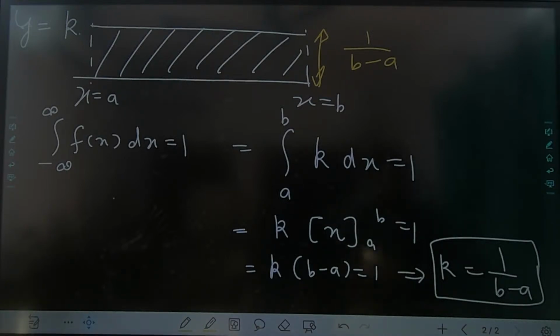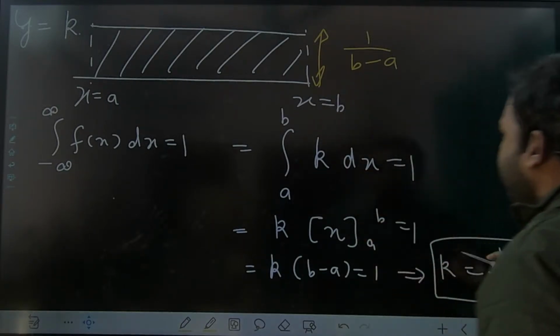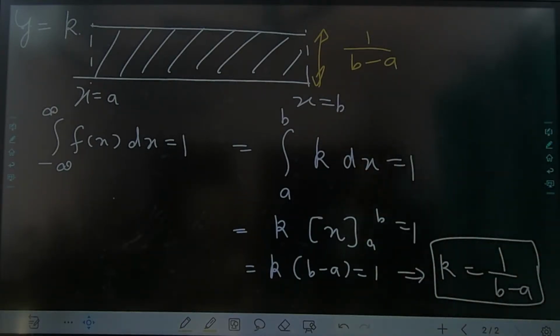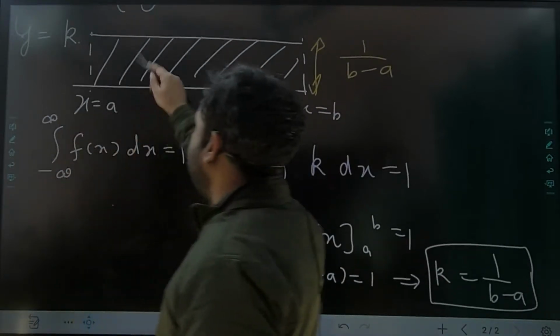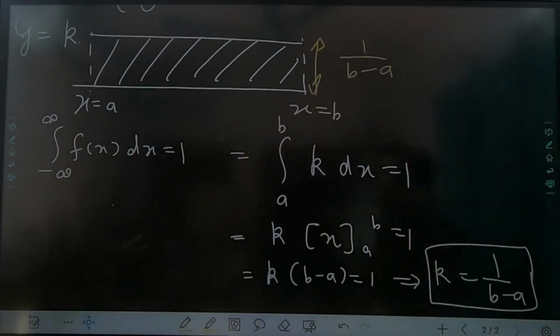So for this uniform distribution, you can easily calculate this k value. It's a simple function. For any probability density function this will be valid: from minus infinity to plus infinity, the area under the curve will be equal to 1. That gives me the value of the probability only. Now if we talk about the mean and variance of this,